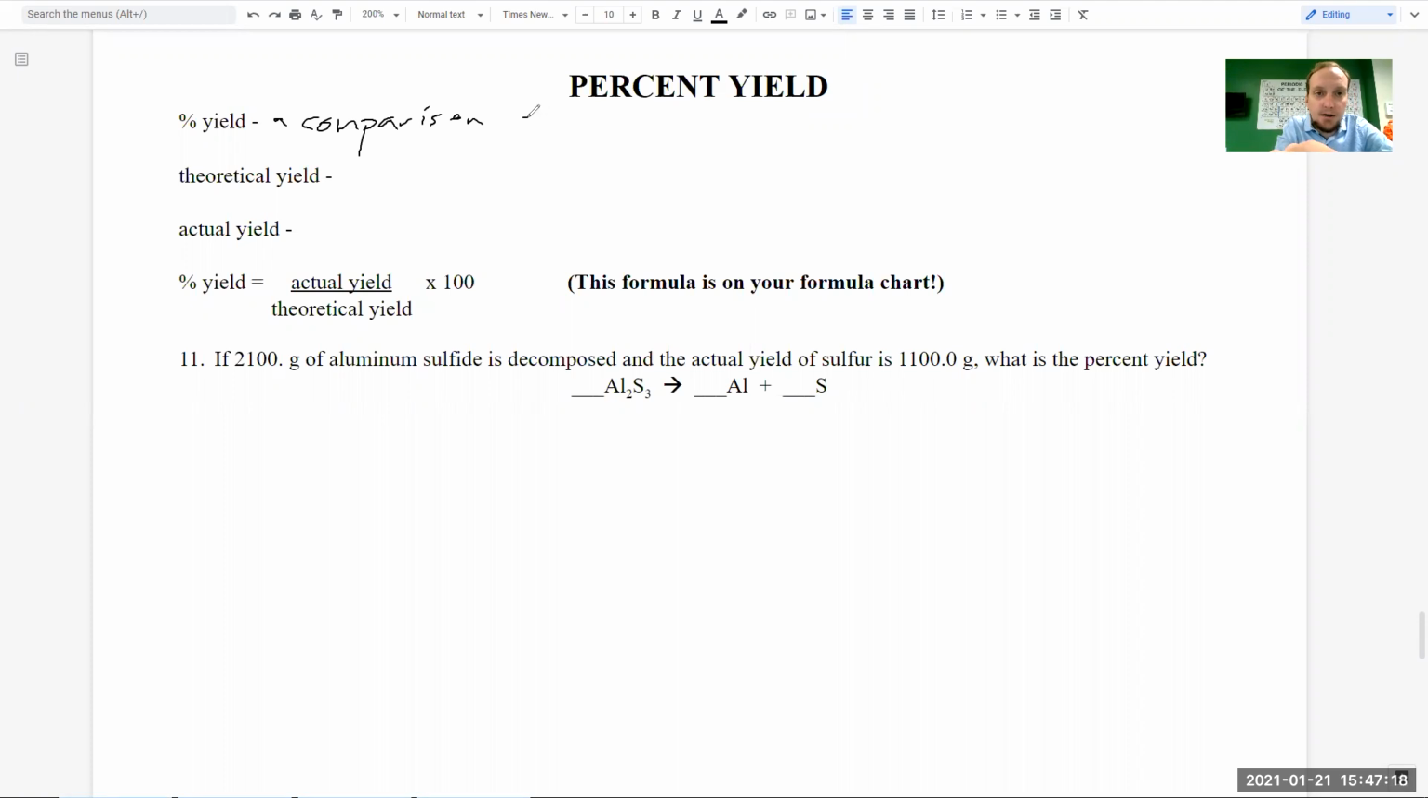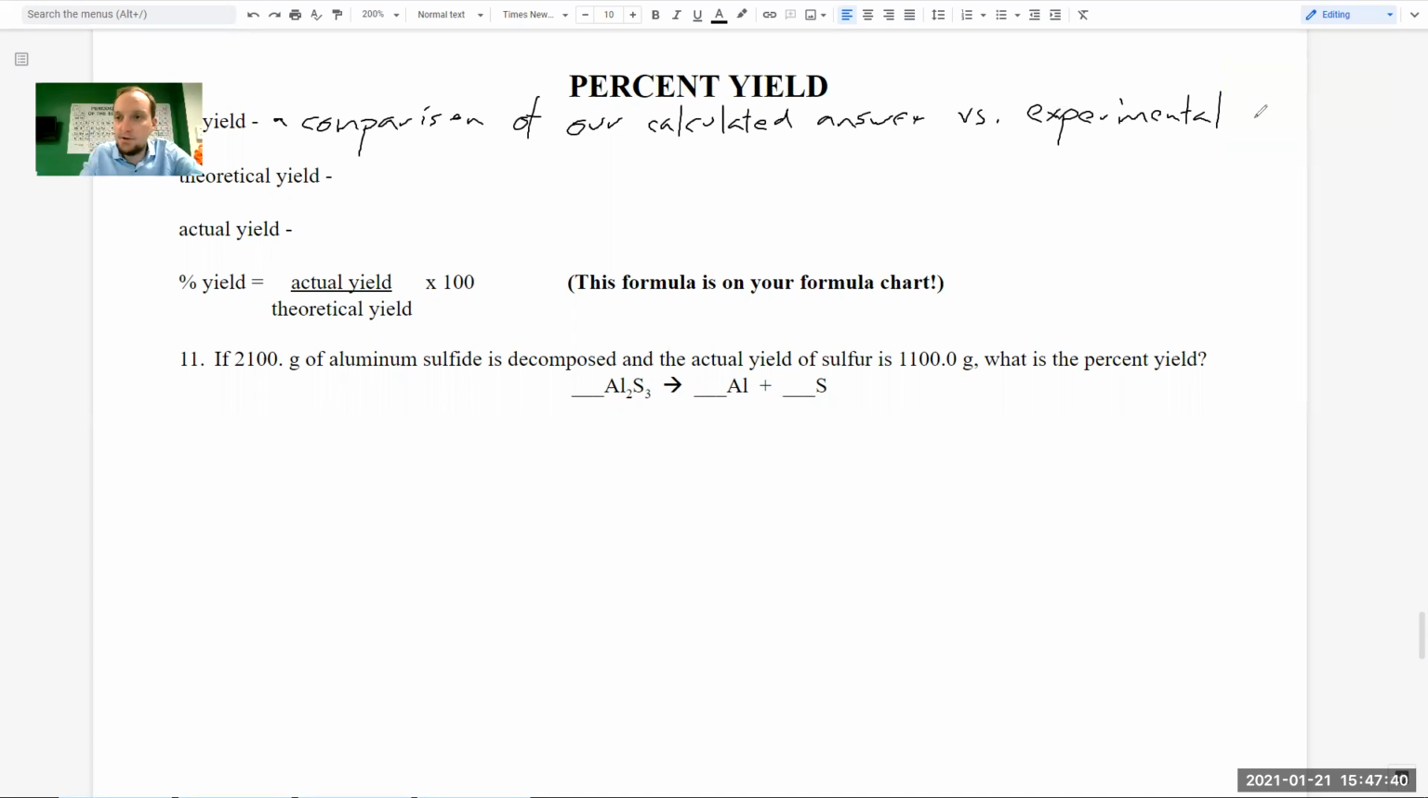A comparison of our calculated answer versus our experimental result. Okay, so basically after we perform a chemical reaction, we want to have a good idea of